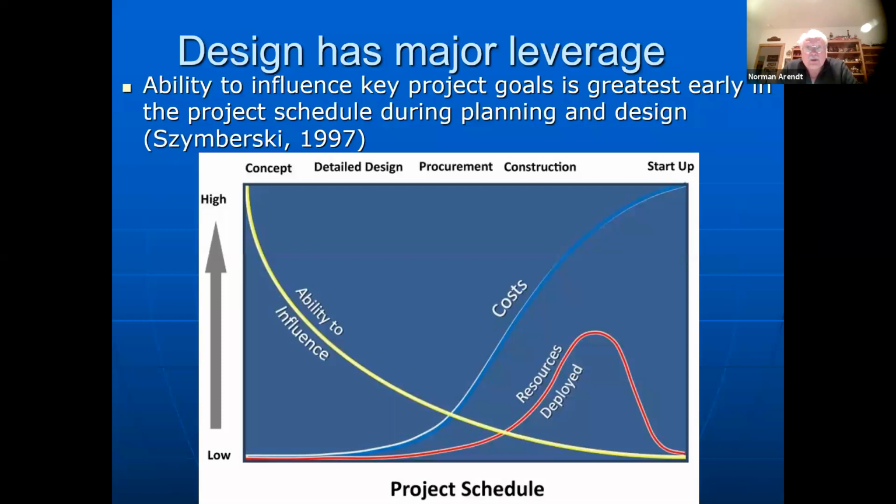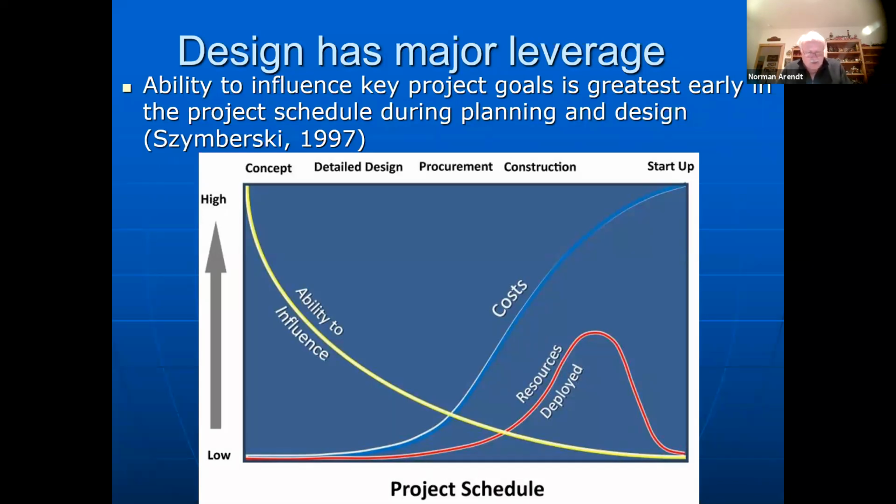This is just a schematic timeline, which shows where the yellow line is the ability to influence the design. And you can see the real ability is right up here at front. And as we go down, the construction starts, costs go up, resources are deployed, where safety and ability has to be addressed right at the start or during the detailed design process. One of the reasons that this process is so compelling is all safety professionals know that it is much more effective to design safety into a process than it is to try to manage safety within a process.